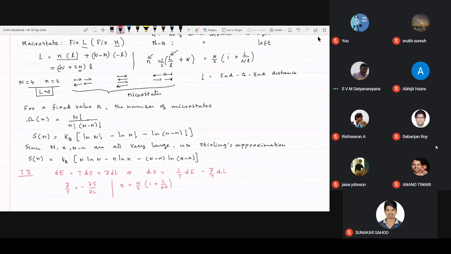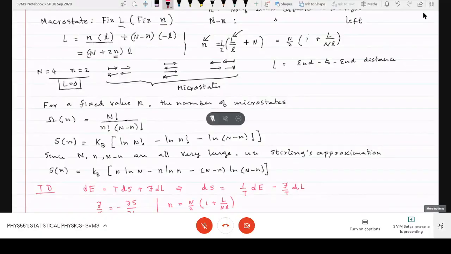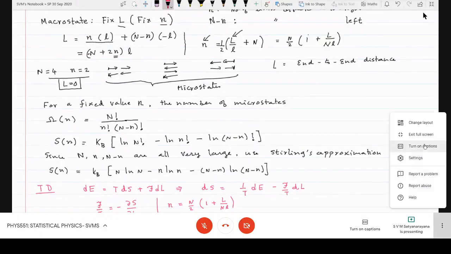And what will be N minus n? N minus n will be N by 2 into 1 minus L by NL. So if I substitute these two expressions,